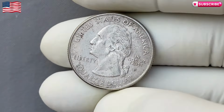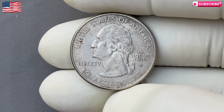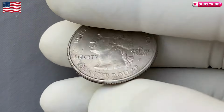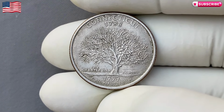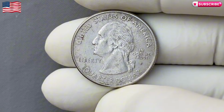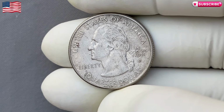It's about the story behind it, the history, the rarity, and the unexpected twists that make it special. In the case of the 1999 Connecticut quarter, it's a perfect storm of all those elements coming together. Not only does it represent an important part of American history, but it also carries a minting error that makes it incredibly rare and valuable. So, if you happen to own one of these coins, make sure to protect it carefully. It could be worth